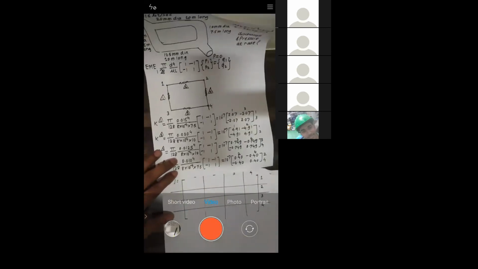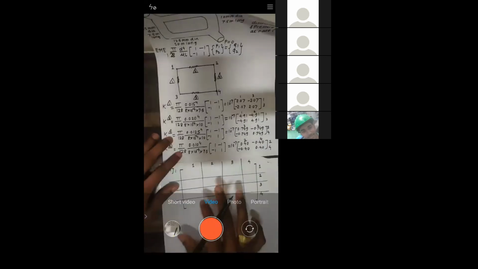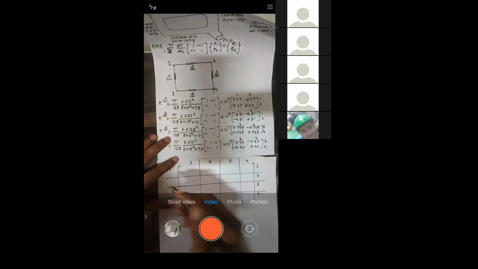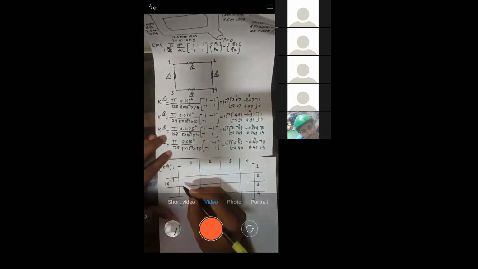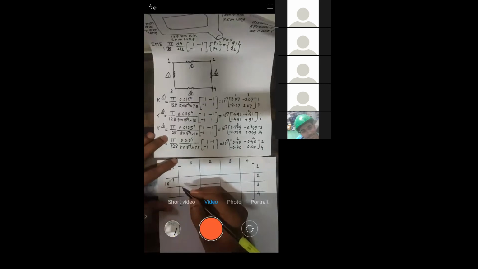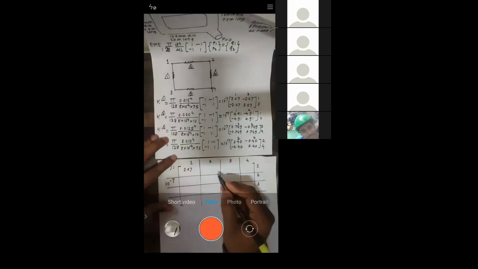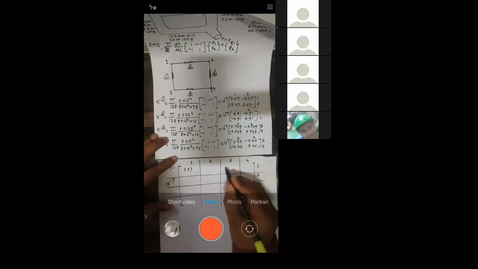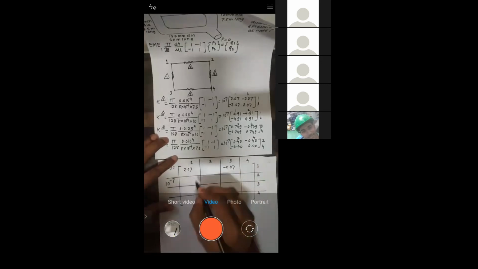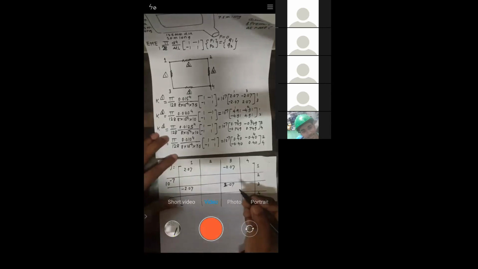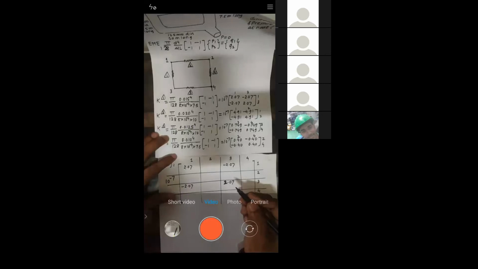So see, this is the global stiffness matrix. You need to put the elements now. Before that, take 10 raised to power minus 7 common. Now see, at 1 1 you have 2.07. At 1 3 you have minus 2.07. At 3 1 you have minus 2.07. At 3 3 you have 2.07. Okay. Next, go to 1 2, 1 2.